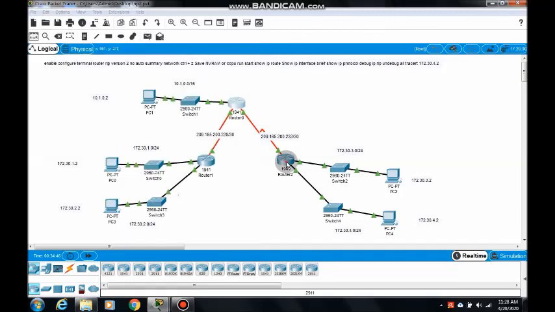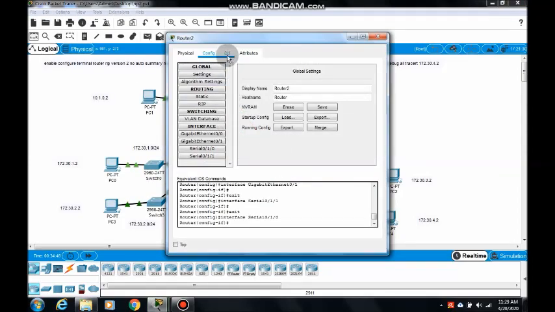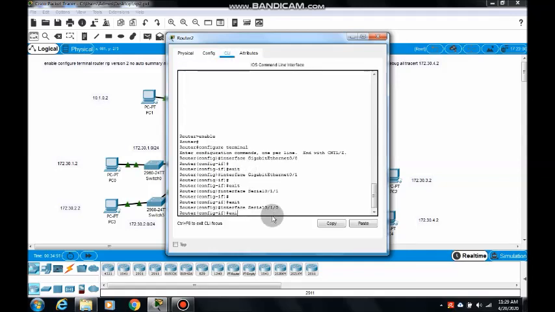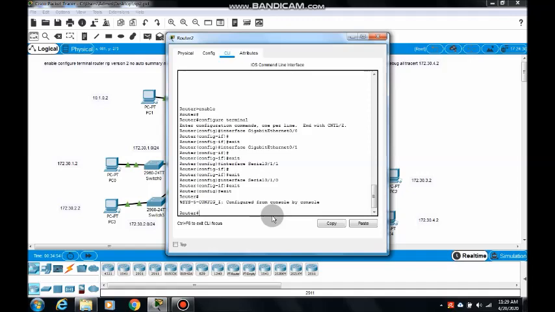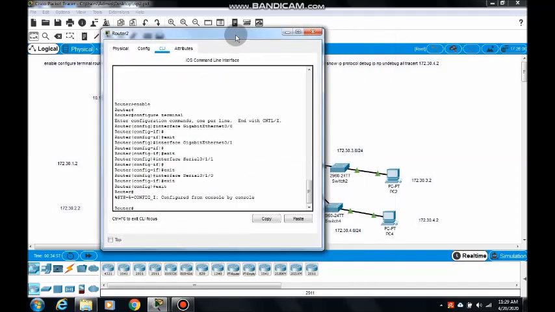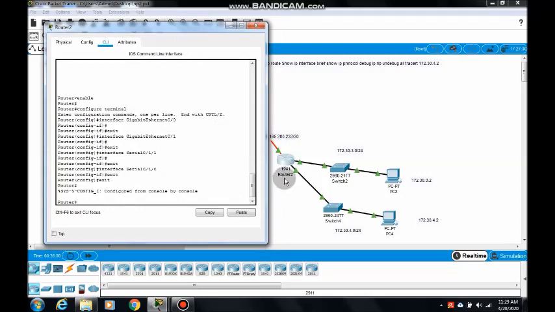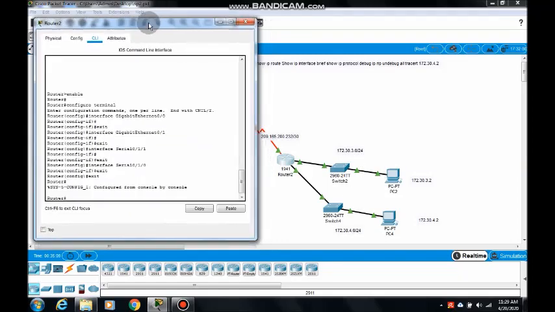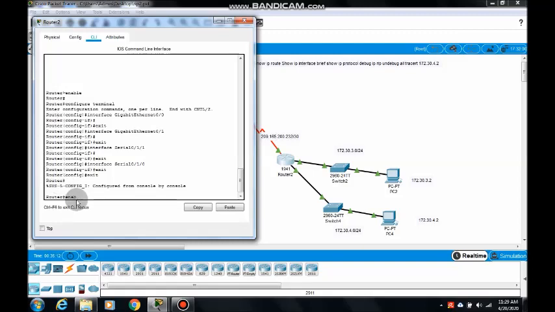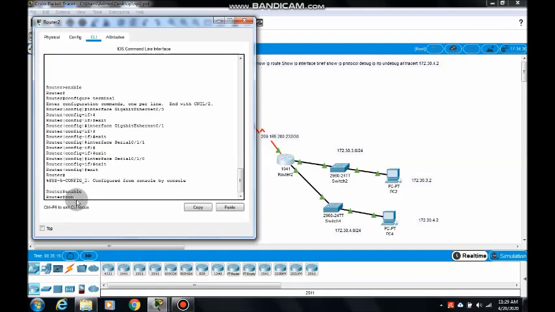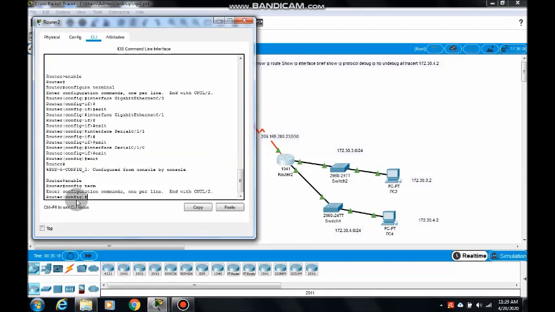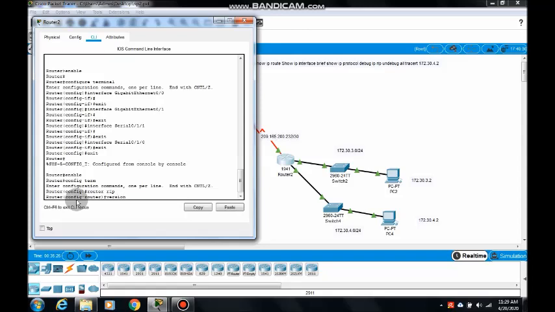Similarly, this router is also configured. Exit. Okay. Now router 2 is connected with the 232 network, 3.0 network and 4.0 network. Enable, config terminal, router RIP, version 2.